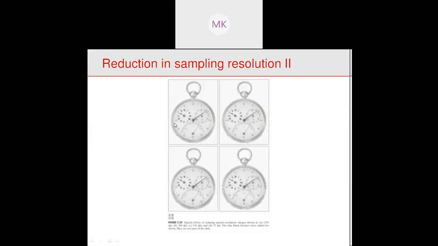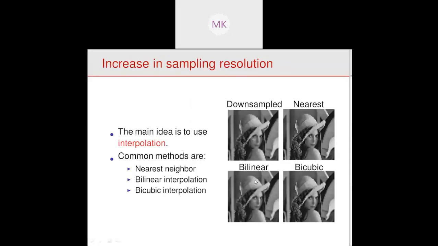This is the original image, which is represented by 1500 dpi. It should be converted into 750, then 250, then lastly 75, and then it can be zoomed in, or enlarged, to the size of the original image. This is increasing the sampling resolution. For this we need to use the technique called interpolation. Interpolation is the tool used in order to increase the sampling resolution.